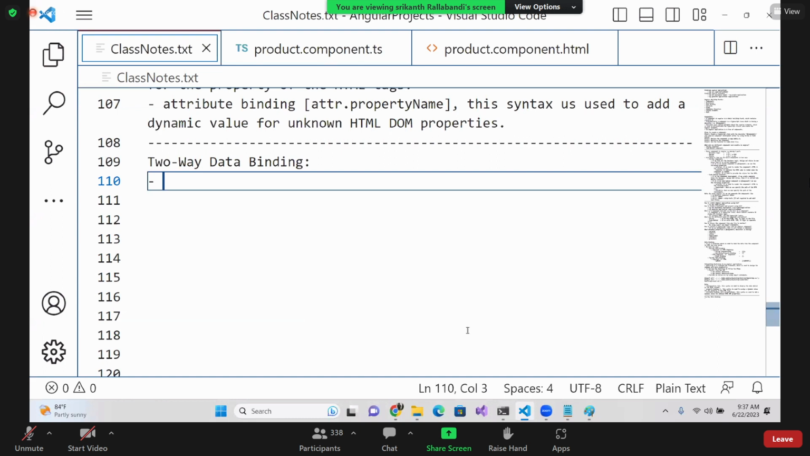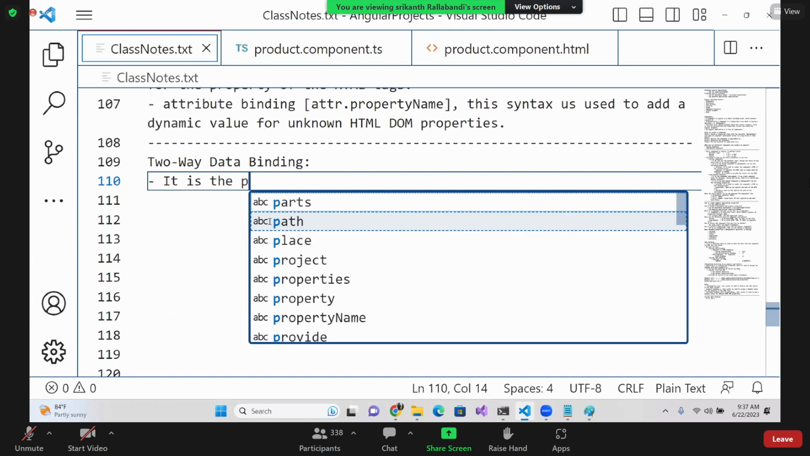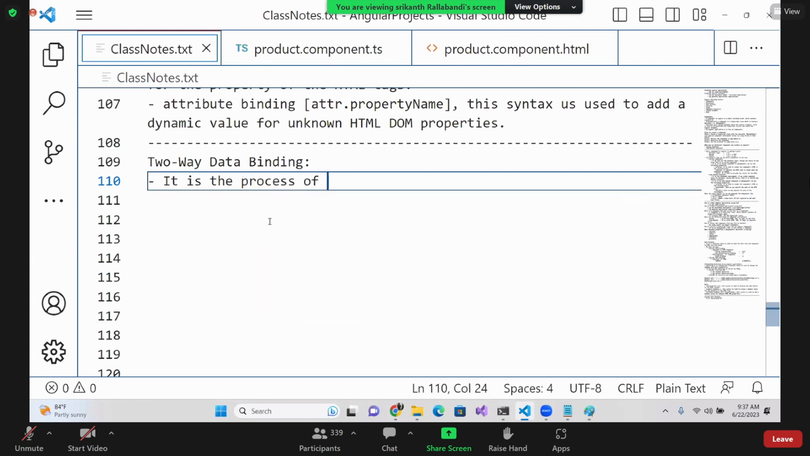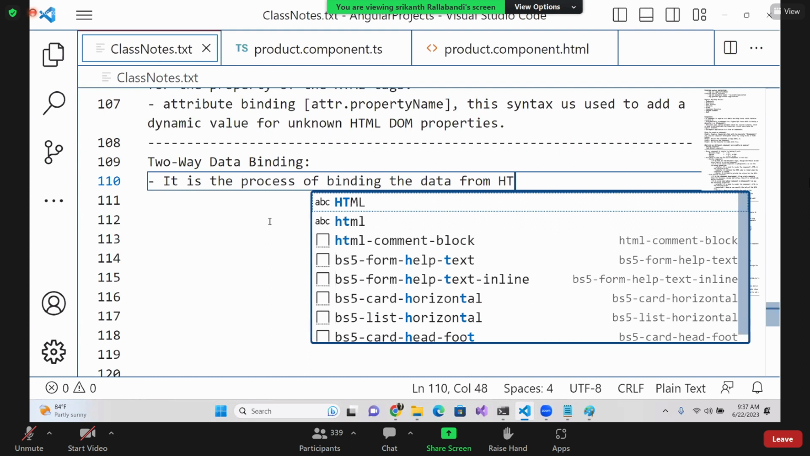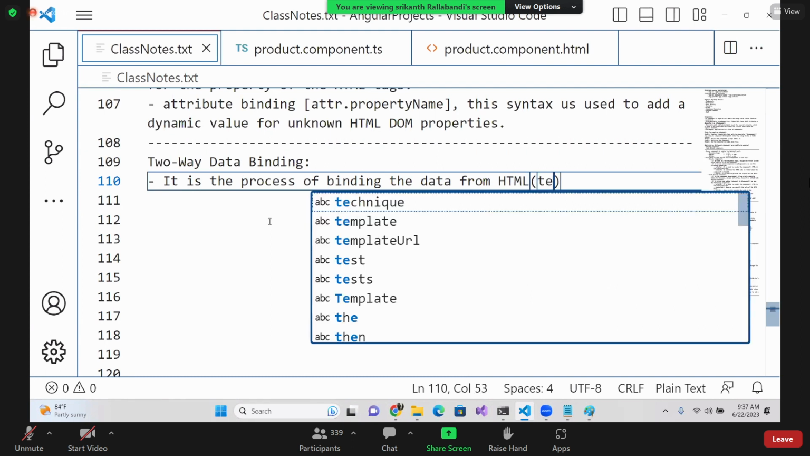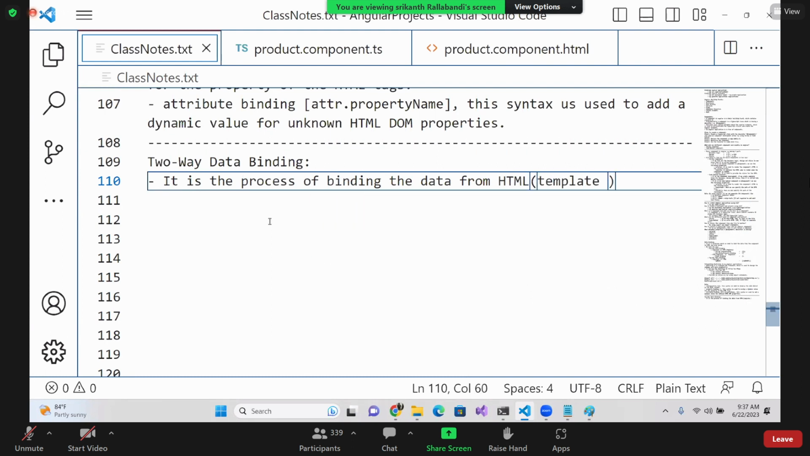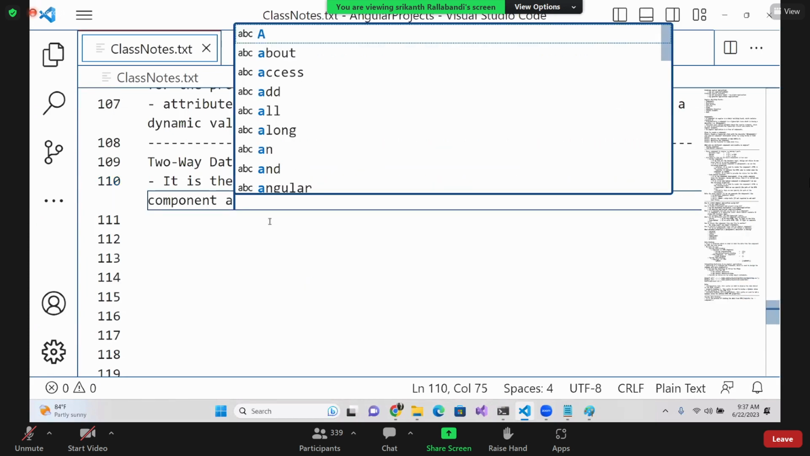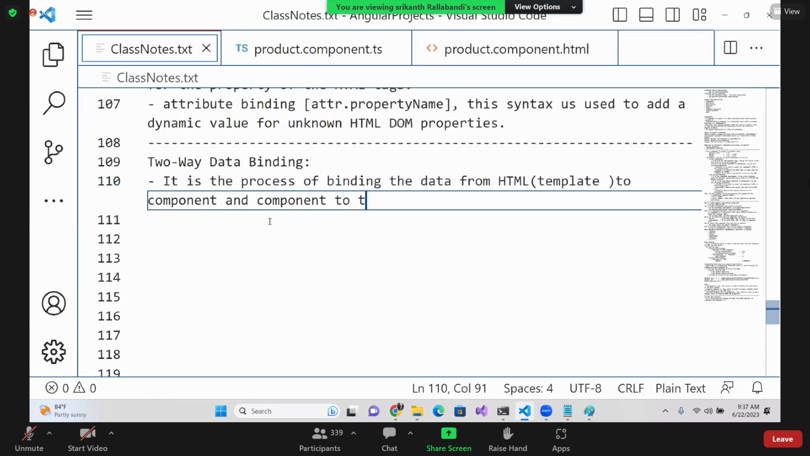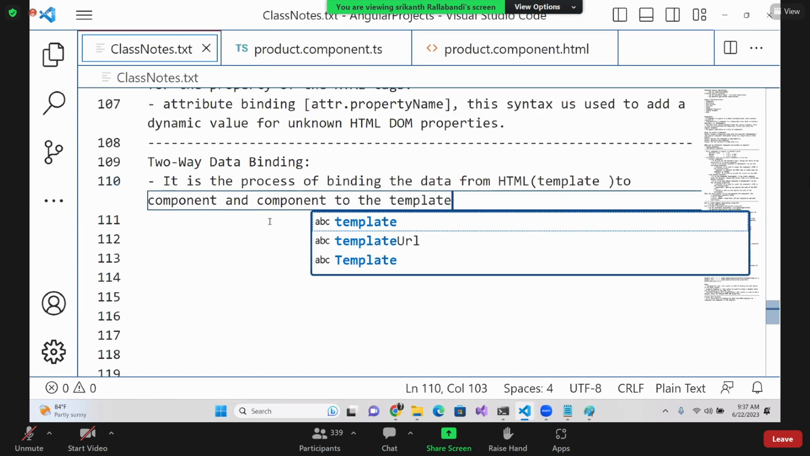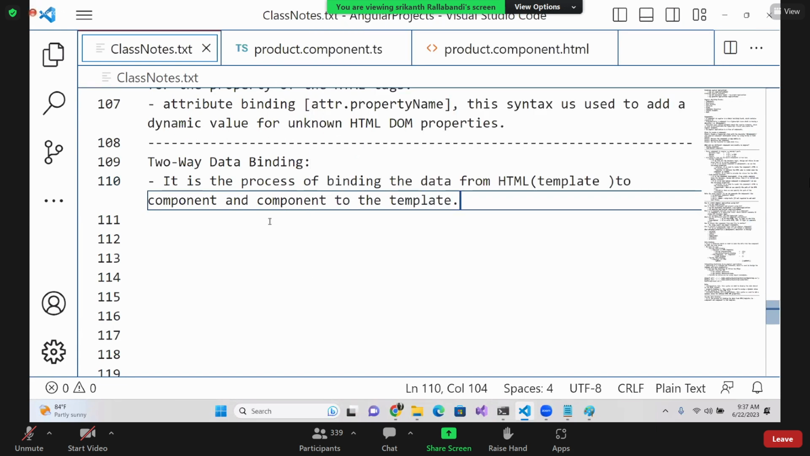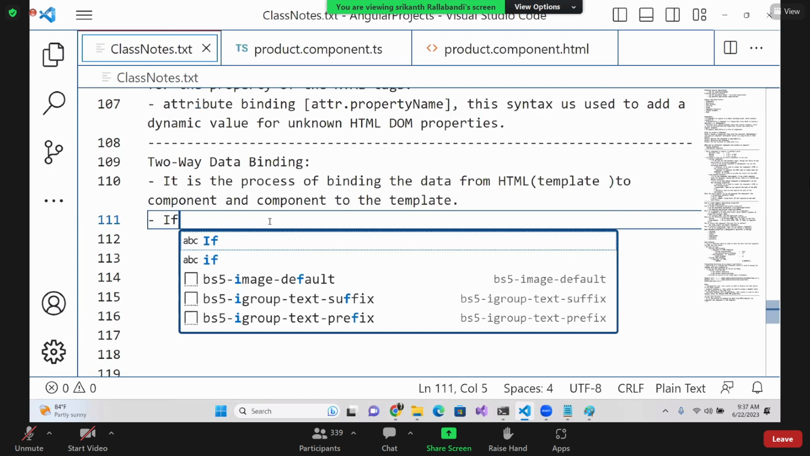Two-way data binding is the process of binding the data from HTML. That is what we call template to component and component to the template. That means if we modify